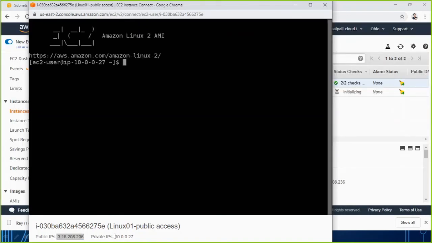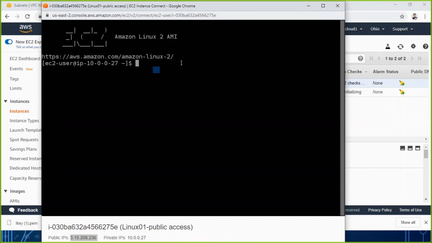Plus, if you remember, this is the subnet we defined, 10.0.0.anything. Anything means it has given the address 27 to it. Because of that it is working fine, because we have the public IP we are able to access, and we see here it is giving me the console from where I can use it.